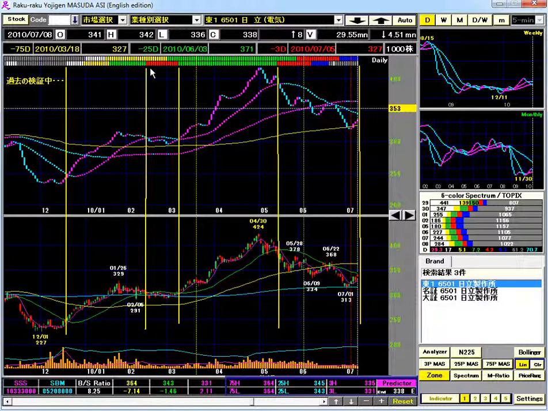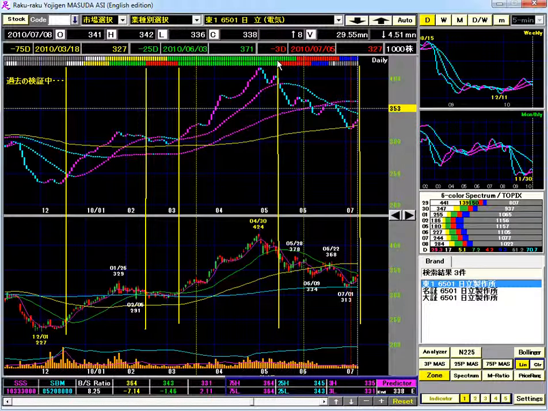You can see in terms of the daily we had the emergence of red here, but when we look at the weekly Masuda Ashi 6-color band colors, we have the white, yellow, and green. These are the uptrending, strong, rising colors, so you could get some assurance that the overall trend is still heading up. So this is like a temporary correction or a sideways trading range, and unless anything happens hereafter against us, that this should be strong, and which is confirmed here when we had this strong period of green